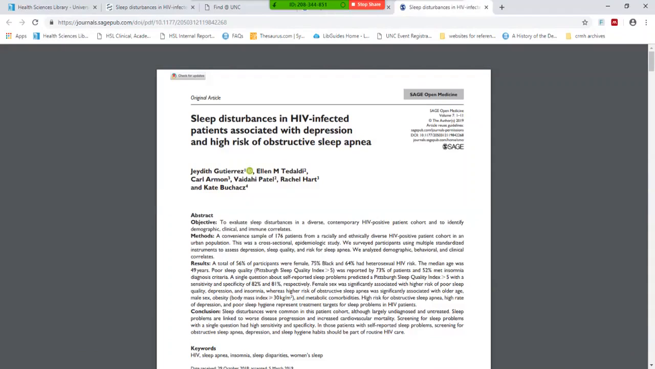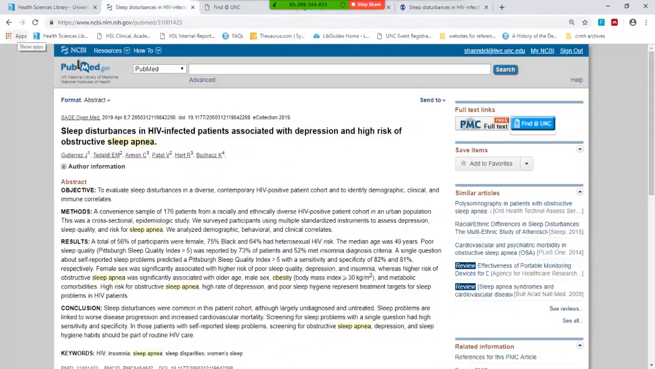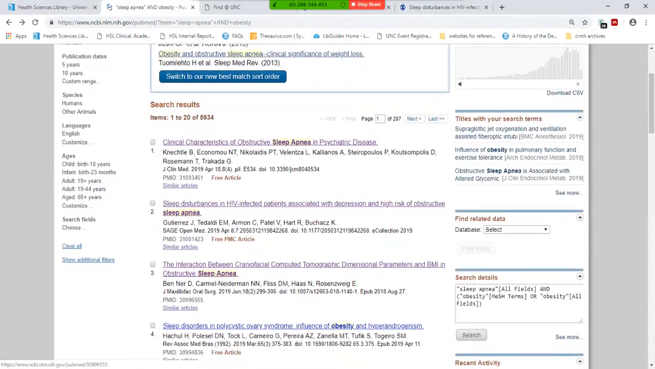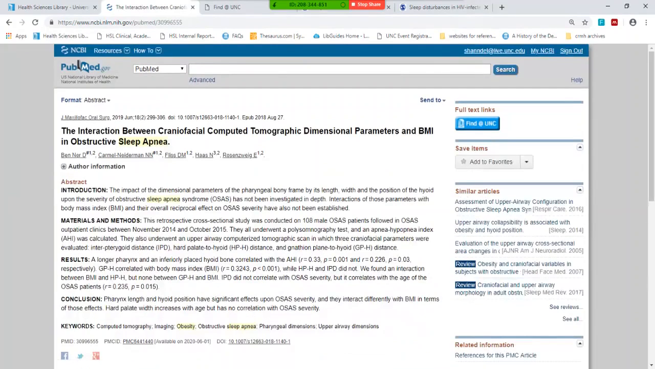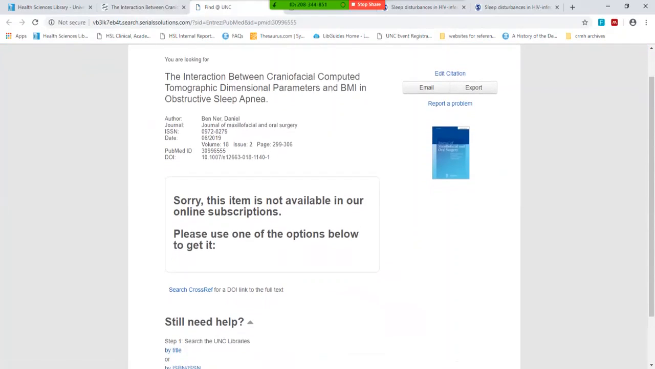So let's take a look at what happens when I want to access an article that isn't in our journal subscriptions. I'm going to go back to PubMed, go back to my search results, and let's say I would like to access this article. Like I mentioned, this only has one box for Find at UNC up here. I'm going to click on this link, and it's going to tell me this item isn't available in our online